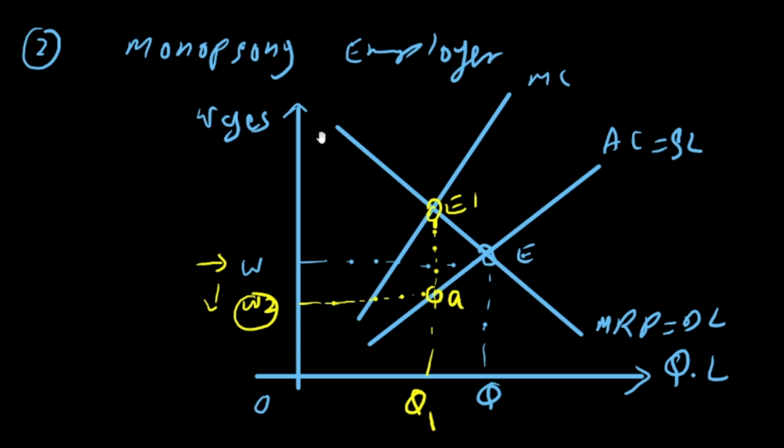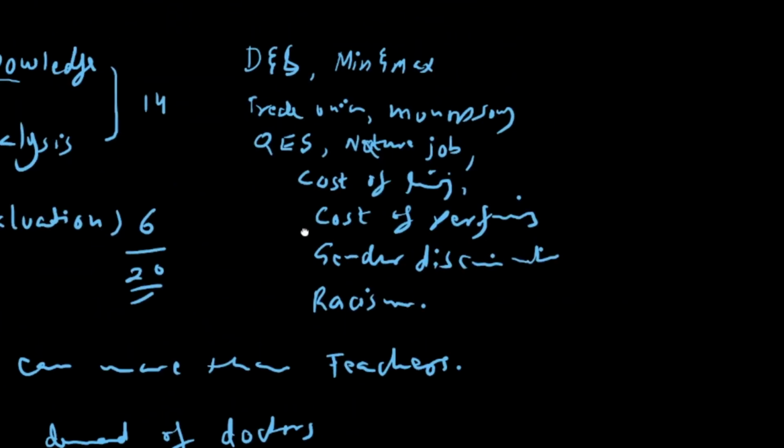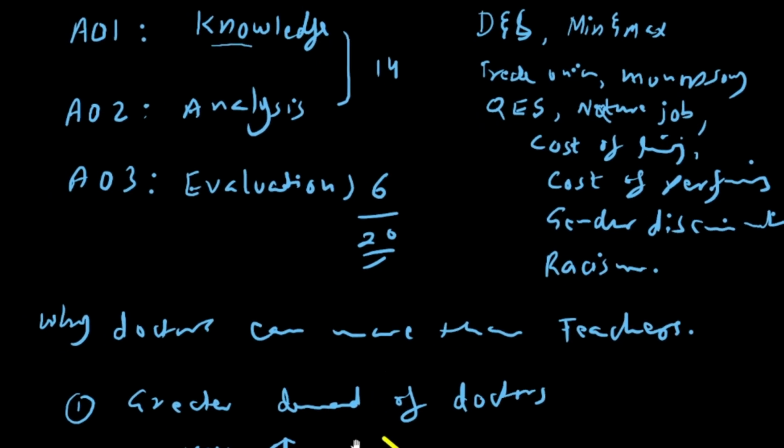And as an evaluation, you can use other points as well, although the answer will become giant and huge, so you need not explain all of them, but I have listed the maximum points here. If you don't remember monopoly trade union and monopsony employer, then you can pick other factors as well.